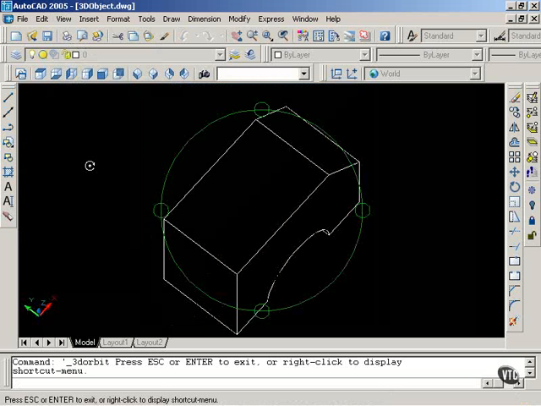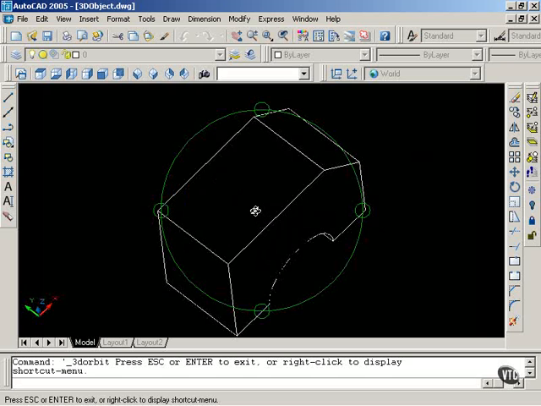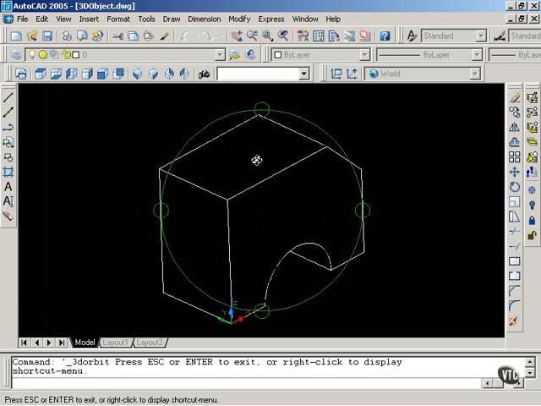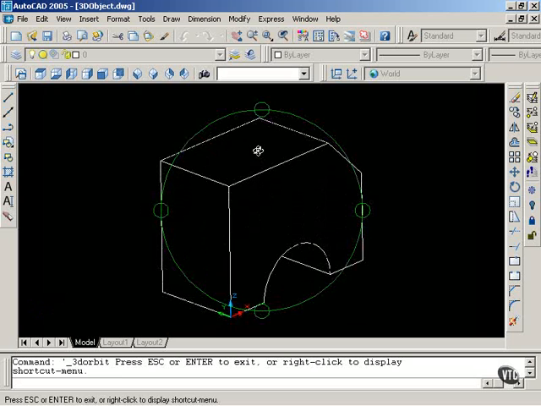When I click on 3D Orbit, I get a large green circle on my screen, and then I have 4 smaller circles at each of the quadrant points. I can click in 3 different locations: inside of the circle, outside of the circle, or inside one of the smaller circles. If I click and drag inside of the circle, I can then orbit about the model,